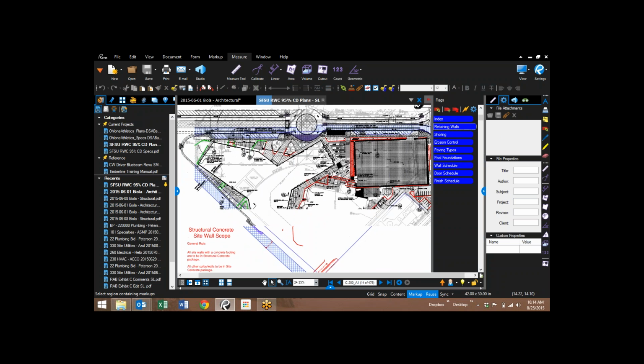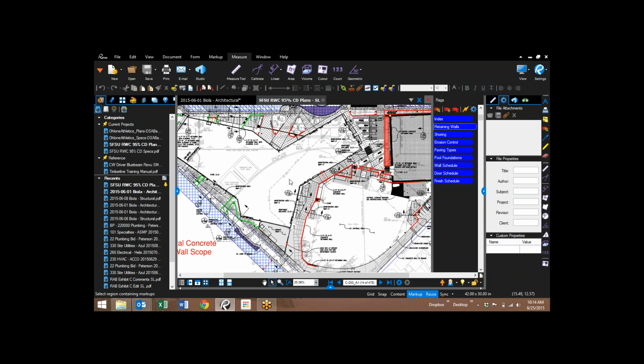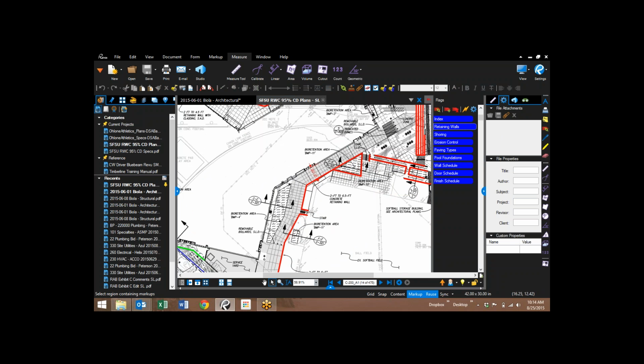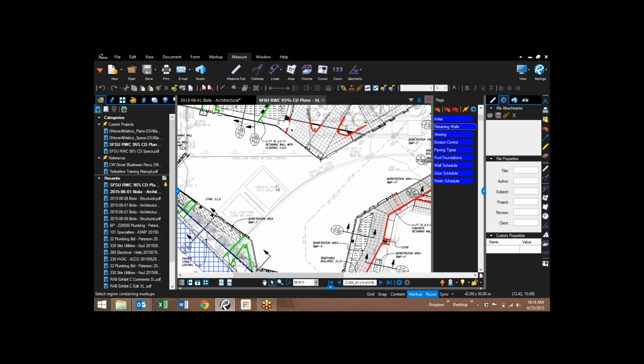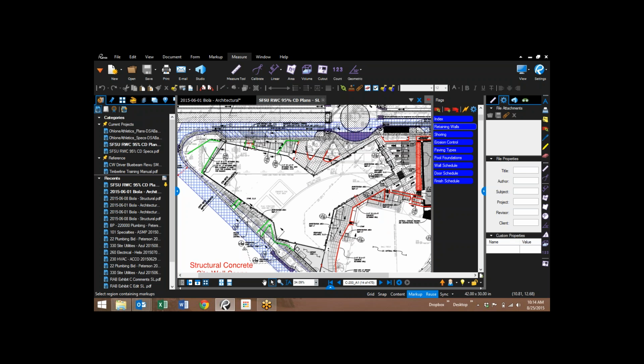I was showing a sub which retaining walls we wanted picked up as what: what was going to be part of site concrete, what was going to be part of structural concrete, and what was CMU. I just went through and marked up with the markup, and it also had a takeoff at the same time. Then you can send this to the sub, extract this page as one, and they can look at it. I made my own little legend,